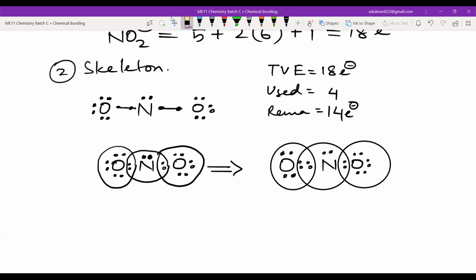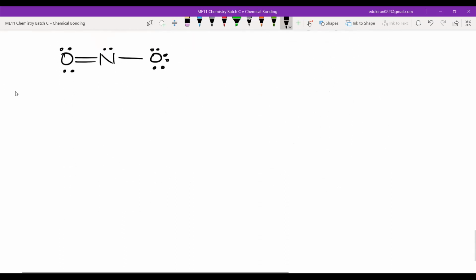Okay, fine. Chalo. Next is Sidra. Now I can tell you that this is first and this is second and this is third. So this is nitrogen with a single bond with oxygen and a double bond with oxygen like this. This oxygen has 6 electrons. This oxygen has 4 electrons as non-bonded. This has 1 electron as non-bonded. Okay. Now formal charges 1, 2, 3. So at 1, formal charge is equal to, please tell me everyone, valence electron in oxygen?